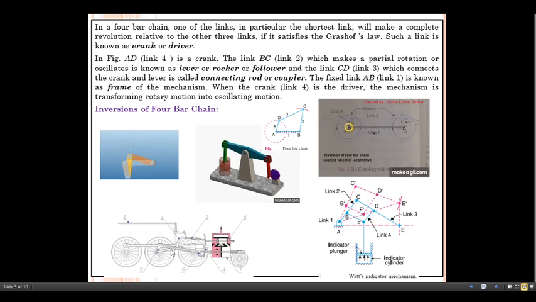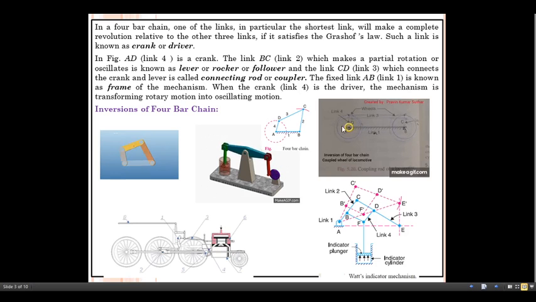These are connected with the respective wheels; you can see the actual diagram here. In this case, link CD acts as the coupling rod, and link AB acts as a fixed link, in order to maintain a constant center to center distance. So this acts as a fixed link. The mechanism is meant for transmitting the rotary motion from one wheel to another wheel.